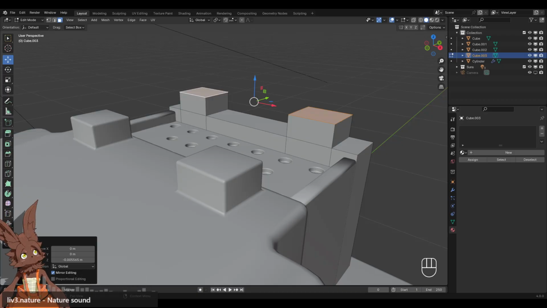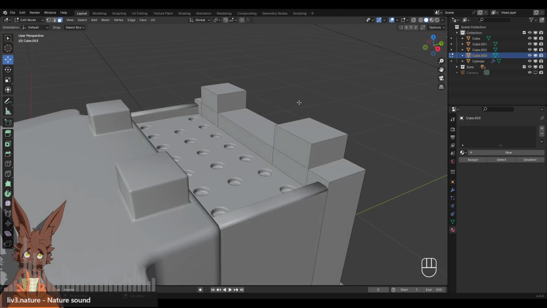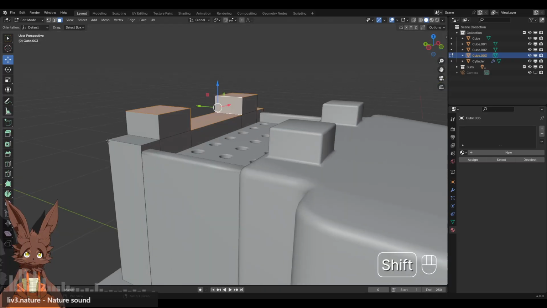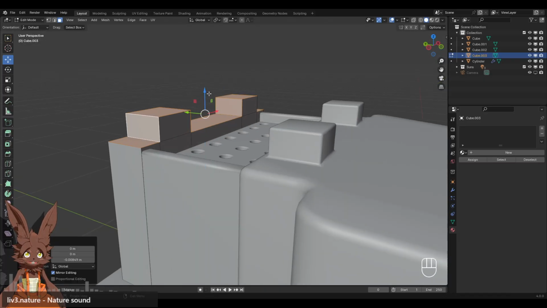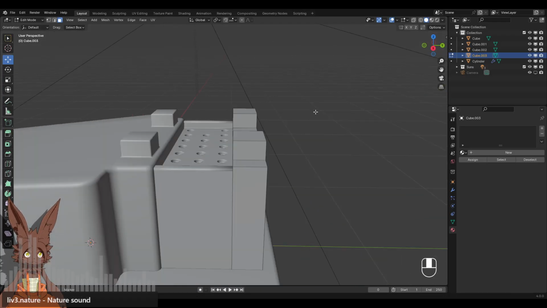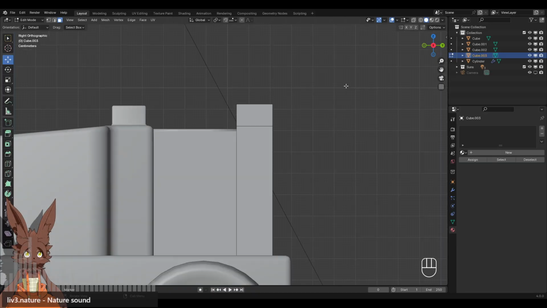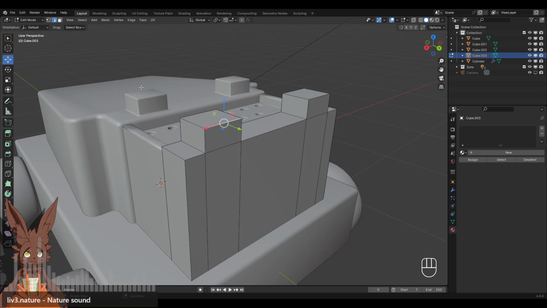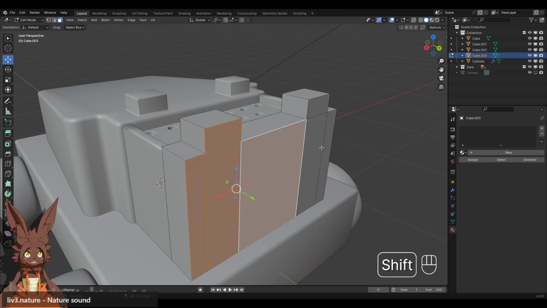Let me reference the toy again. Okay, no, this is elevated a little bit. Sides elevated slightly. I might still push it down just a little bit. And that lets me move this up. And we need to possibly